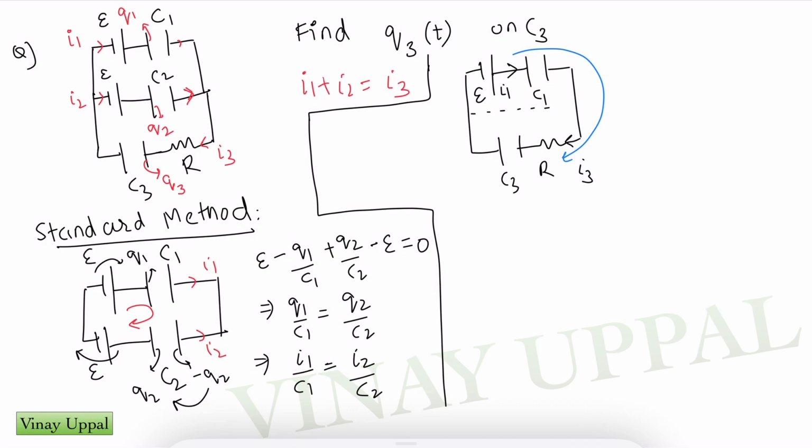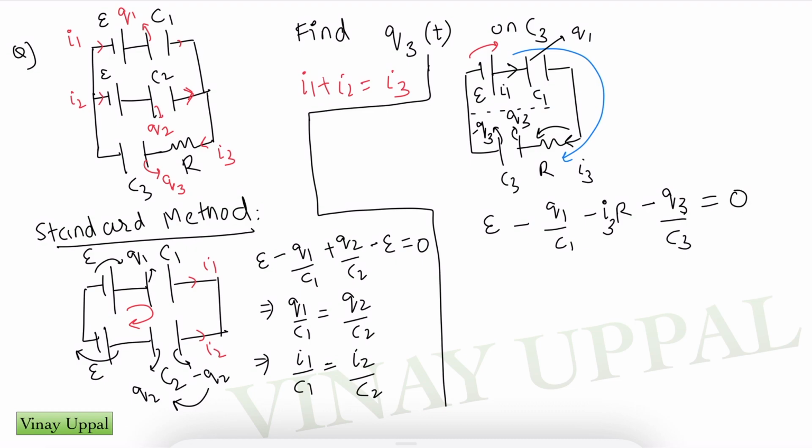Alright, so I'll go across E, so my equation will start with E. Then I'll go across capacitance C1. This charge is Q1, so potential will drop. Then I go across the resistance, minus I3 R. And then I'm going from Q3 to minus Q3, so the potential will drop across C3 as minus Q3 by C3. This should be 0. Now what I'll have to do is express everything in terms of Q3